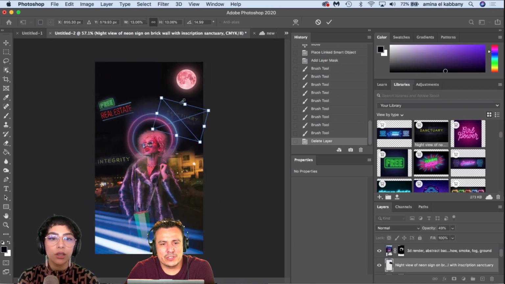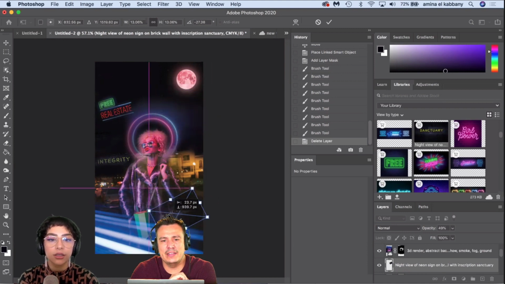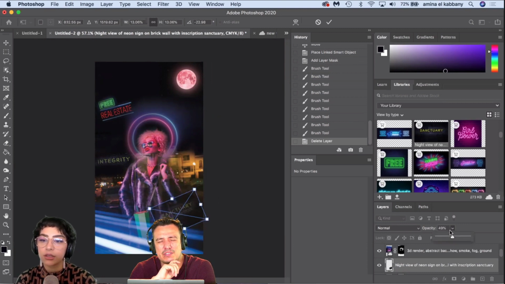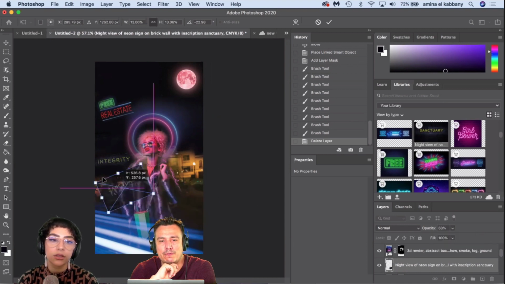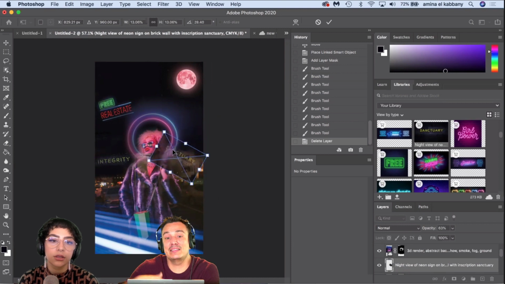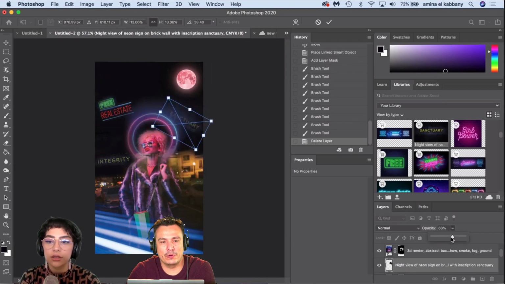There are a couple questions in the chat about Adobe Stock. I'm not going to get into it too deep, I'm just going to answer them quickly. How do you get the payment for your photos? There are different methods. I think direct deposit is one, and PayPal is another, but all the information should be on that link. If we upload our photo into Adobe Stock, can we still use it, or do they belong to them? They don't belong to them. No, they're still your photos. You're just licensing them to Adobe and the people who pay to use them, but they're still your photos, and they'll never not be your photos.